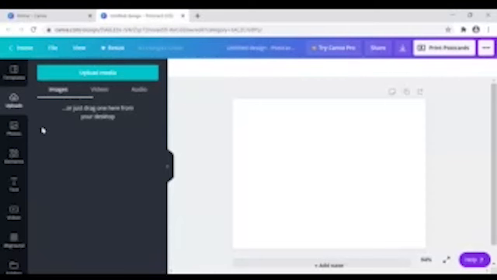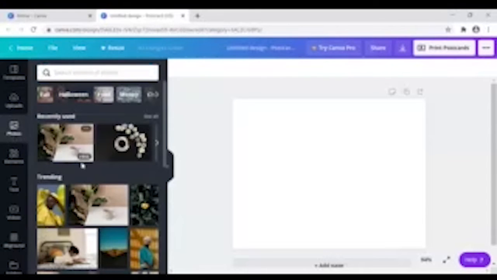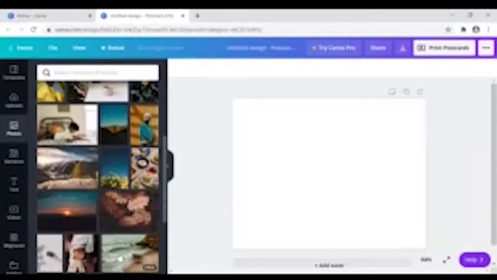The second option is that I can include a photo in my postcard by clicking on the photos option. Inside the photos, there are different options available.